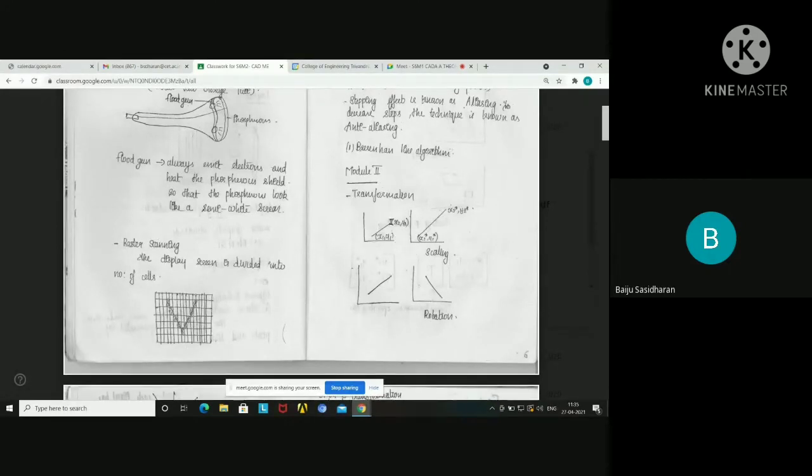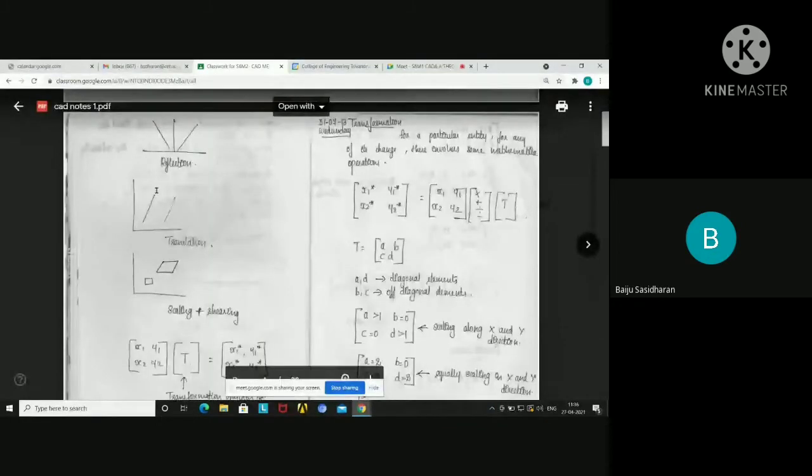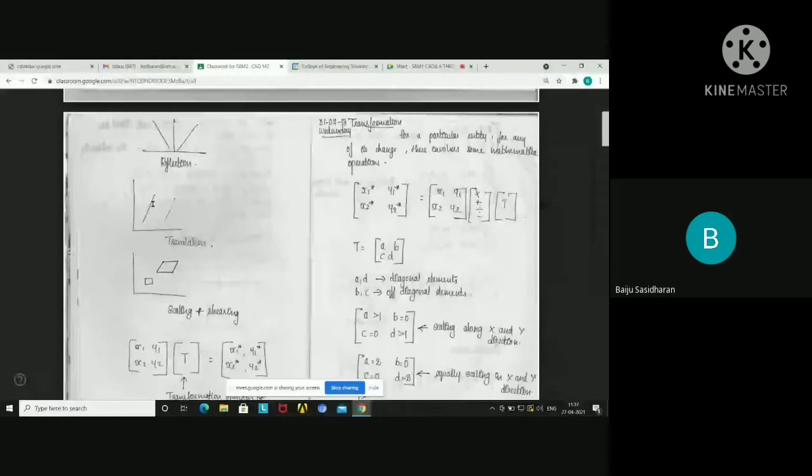Okay. In this figure, you can see this is x1, y1, and this is x2, y2. These are the coordinates of this line. In the second figure, you can see x1 star, y1 star and x2 star, y2 star, and the second figure indicates the scaled form of the first figure. For this line, you can see the orientation has been changed, and this is the rotating effect. This scaling and this rotating are all done about the origin. Okay. This line is translated to this position, and this effect is translation.